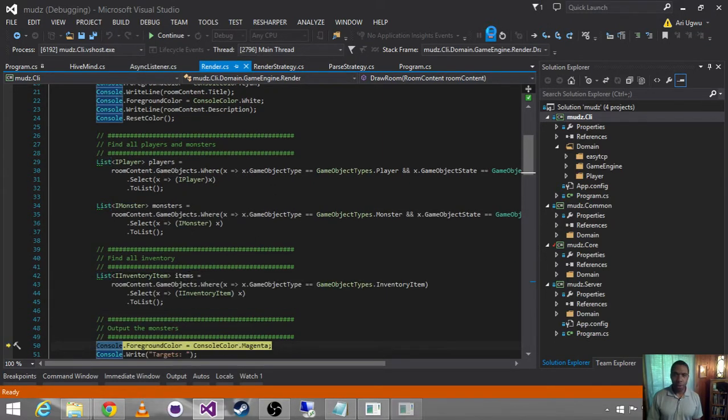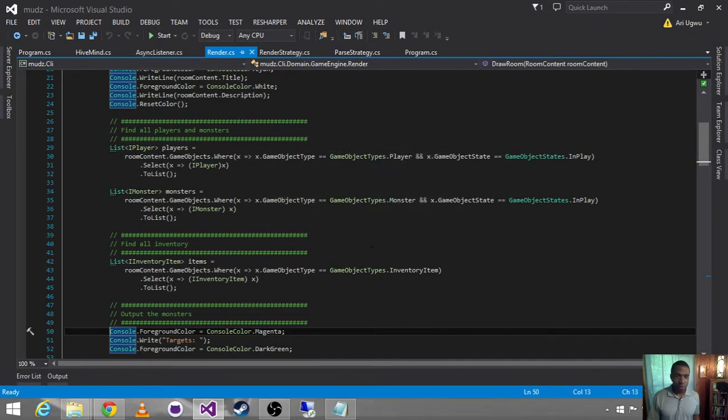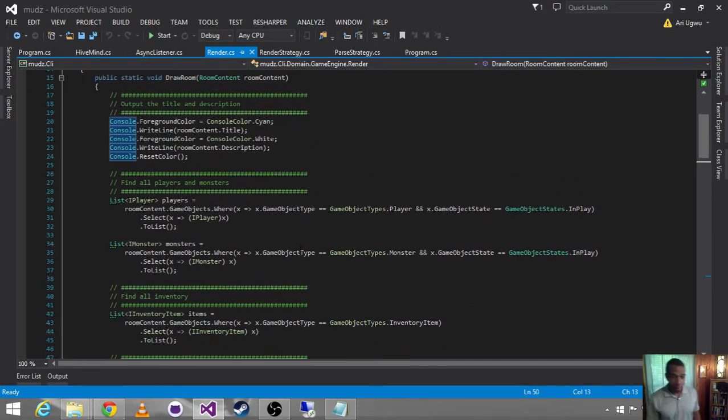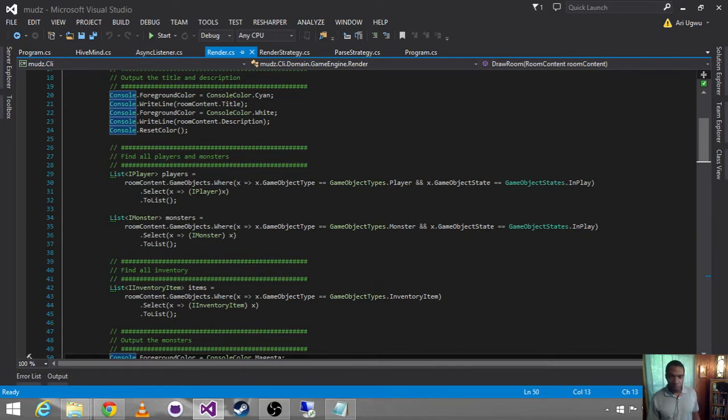Let's go and stop it there and really pull this guy apart, because it definitely seems like we should be getting something back, especially if we're getting our items back.